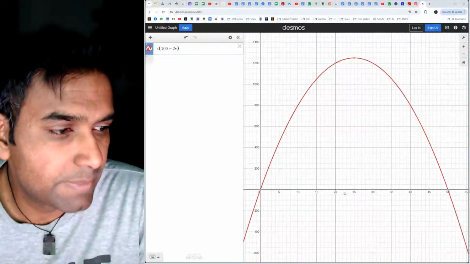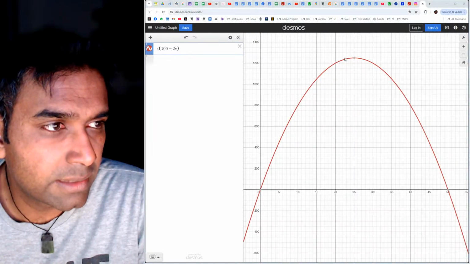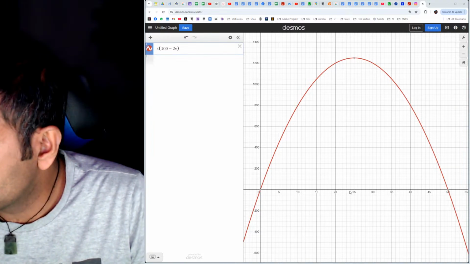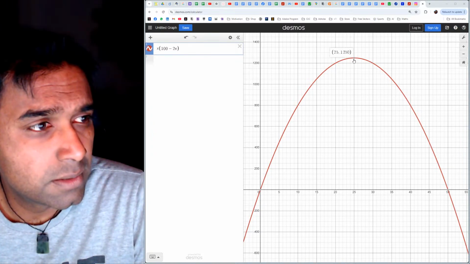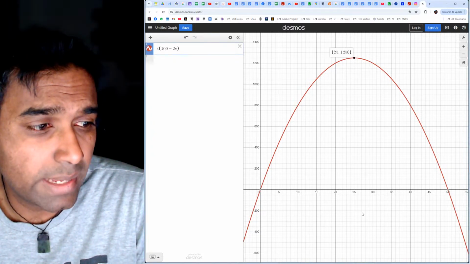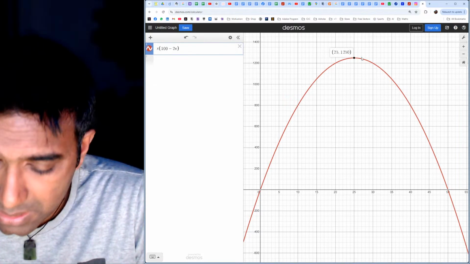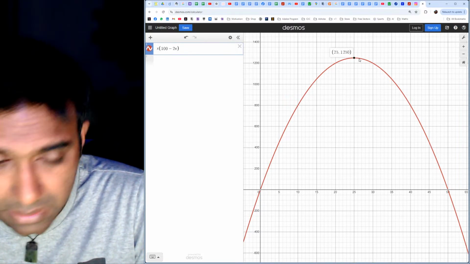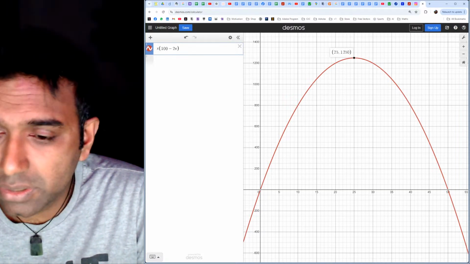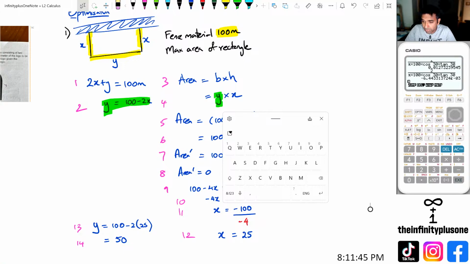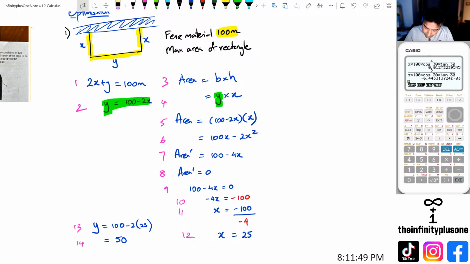All right. So it's basically telling us that the gradient at this point is equal to 0. So that's why we get x equals 25. And if you look at it, when x equals 25, the area is 1,250. So the max area of the rectangle is going to be 1,250. Let's go back to our main recording here. Because we've got x equals 25 and y is equal to 50, if we do